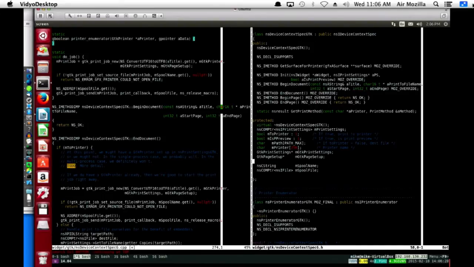Start page, end page. Do we need it? Isn't that something we were already given? Isn't that something that should be inside print settings or something like that? Well, let's not go down a rabbit hole. Let's assume not. So we're going to have to add a title.